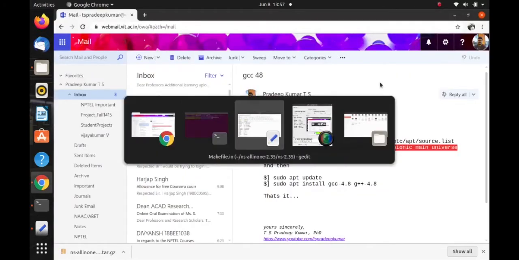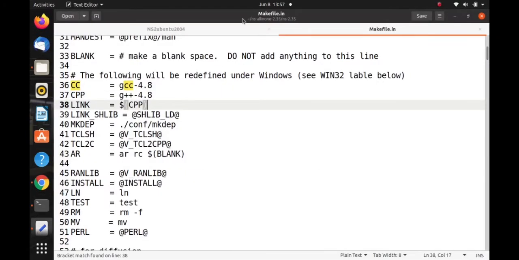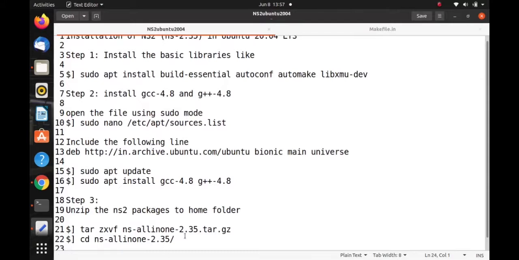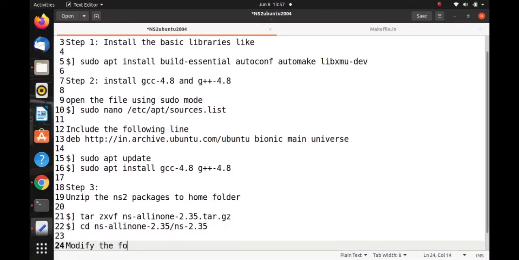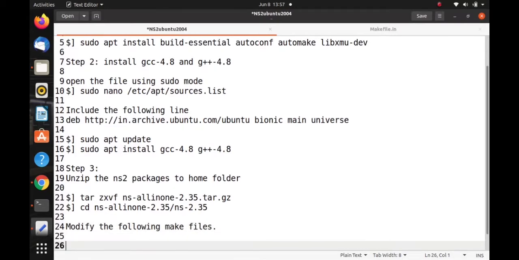So here ns hyphen 2.35. Modify the following makefiles. The first makefile is within ns hyphen 2.35, and the file name is makefile.in.